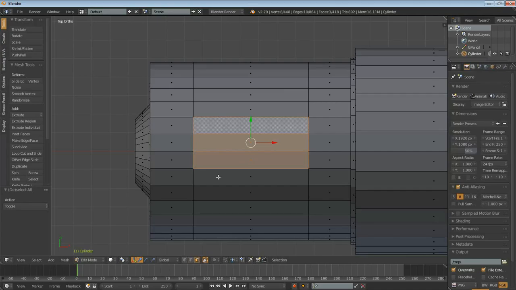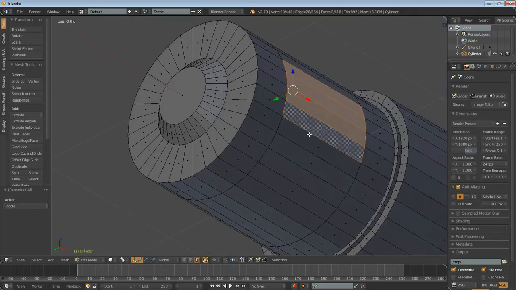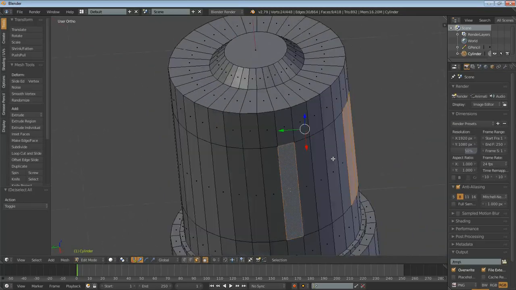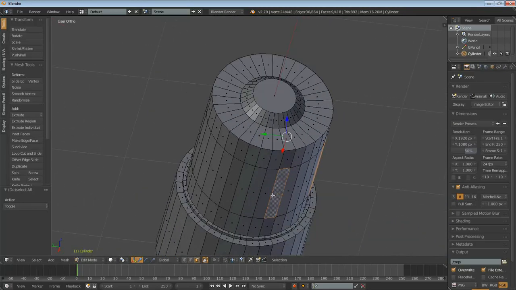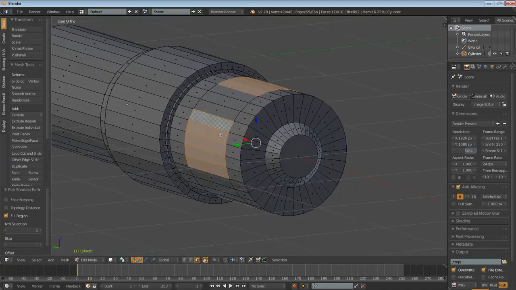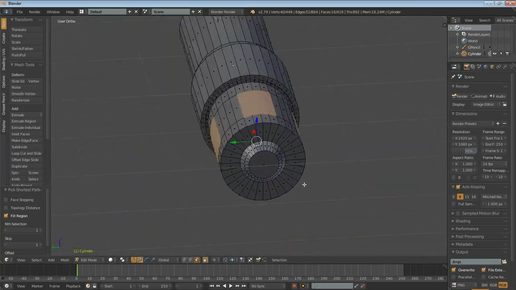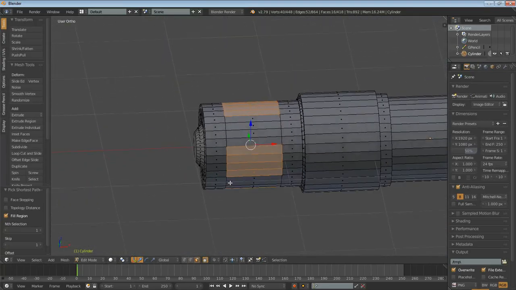So what I'm going to do is go into the top view by hitting the 7, and then I'm going to select 4 faces, skip 4 faces, select 4 more, skip 4 more faces, and select this one. And then what I can do is hold the Shift key and then the Control key and right click over here. Skip 4 faces, hold the Shift key, and then right click up there. And it looks like I added one too many. Okay, so now that we have all of these selected, we can go ahead and